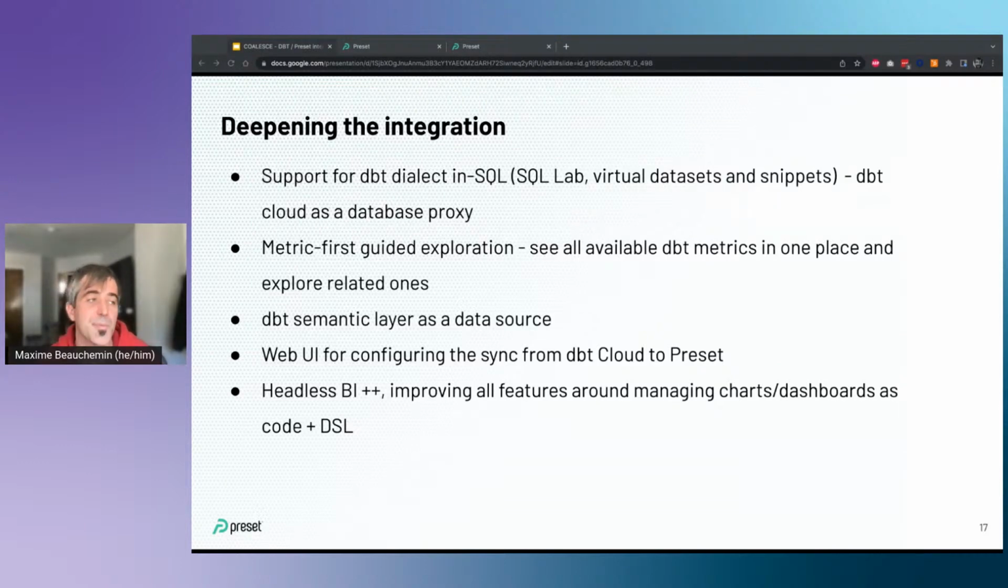And then last thought in terms of what we want to push. Headless BI works today in Superset, but we want to make that even more expressive and more powerful, right? So we're talking about having a really good DSL on top of the YAML that I showed, to make it really easy for people to play with assets like charts, dashboards, and datasets as code. So that concludes